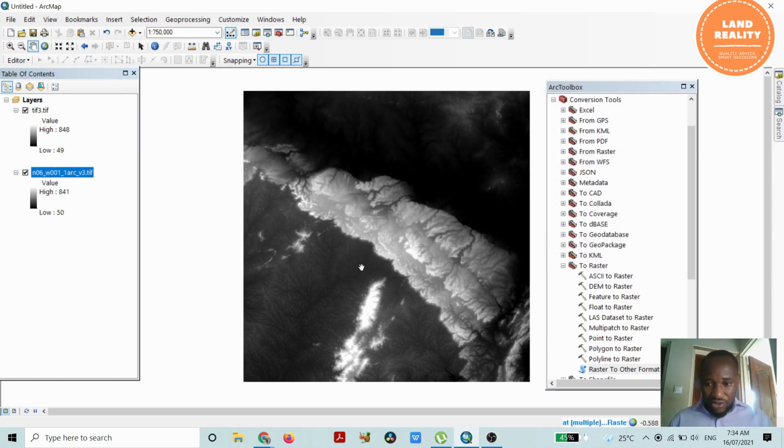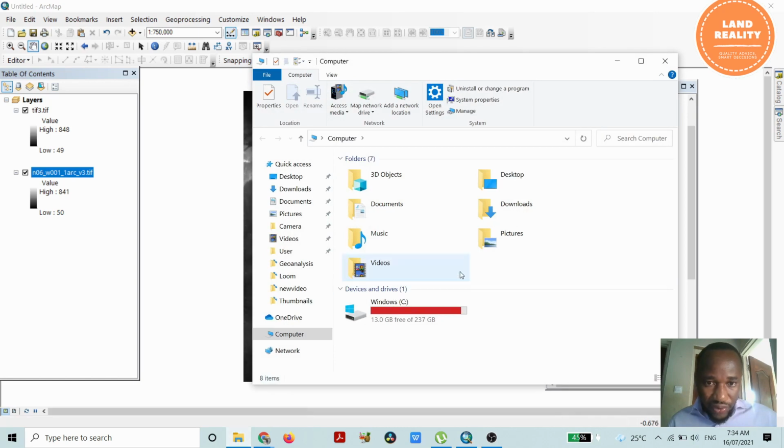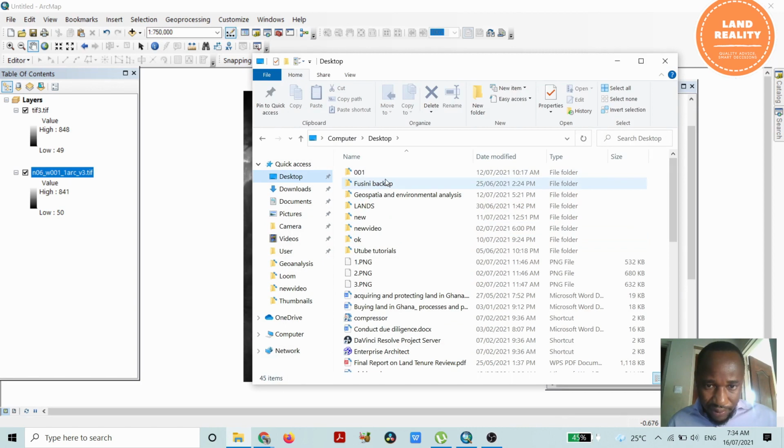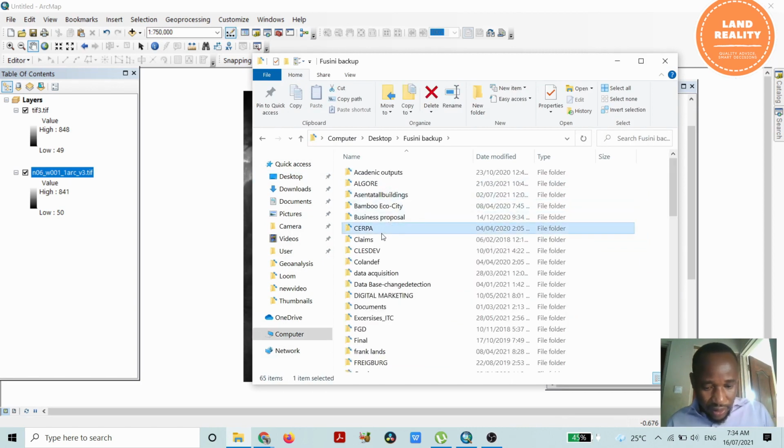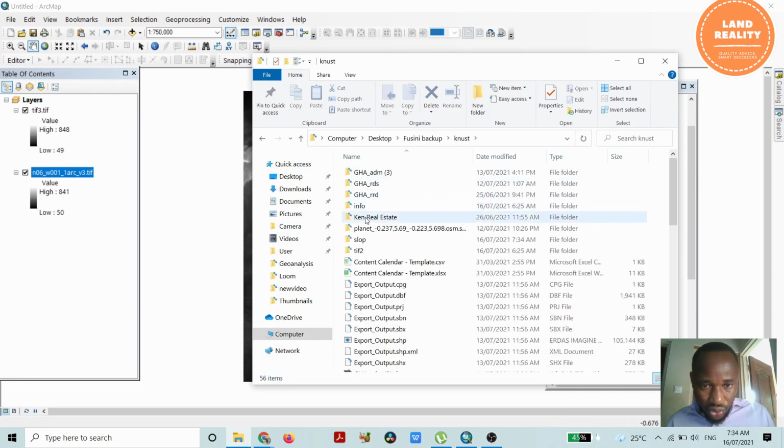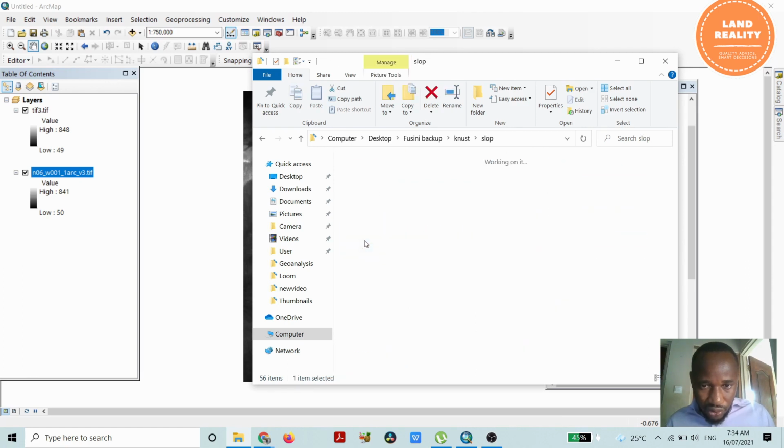Click OK. Wait for the processing to be completed. So it has also run raster to other file format. It has already been converted, but it did not add any layer to our layers on the table of contents. But you can navigate to the folder in which you exported it to. So I exported it to NUST, come to slope. You see,